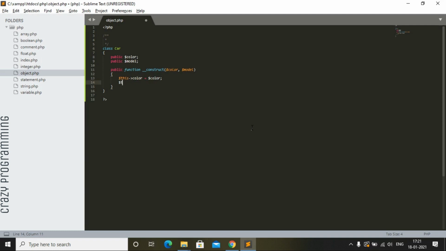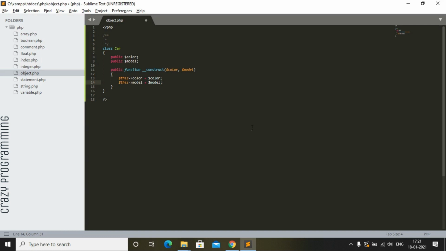And then again same, this model equals to model. Okay, everything will be same as is shown. Alright,